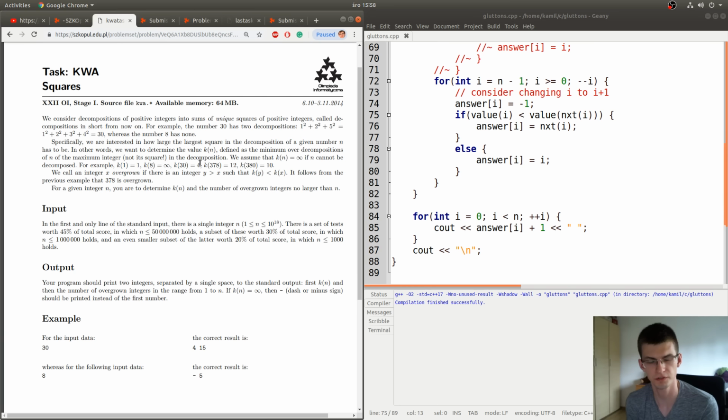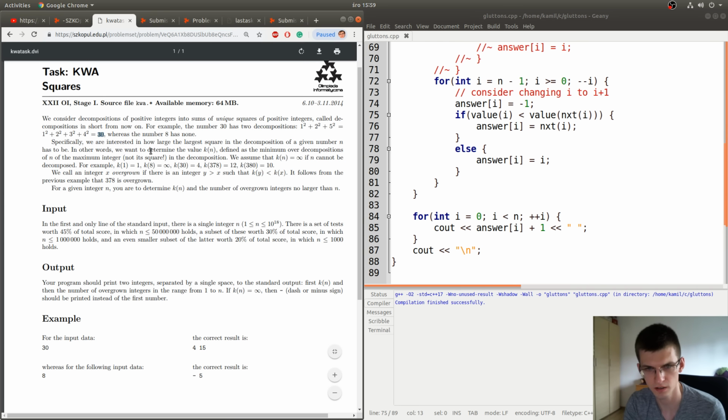So the composition of a number is writing it as a sum of different squares of numbers. For example, 1 plus 9 plus 16. They have to be different. And we will try to represent a number as a sum of different squares, such that the biggest of them is as small as possible. For example, a number 30,